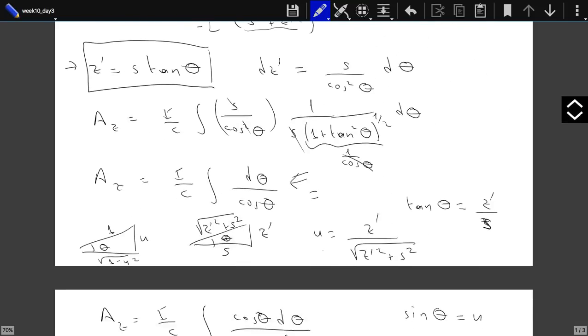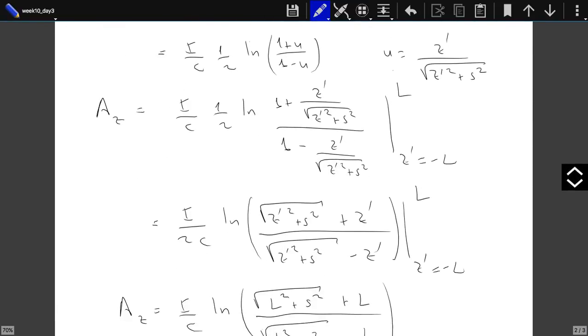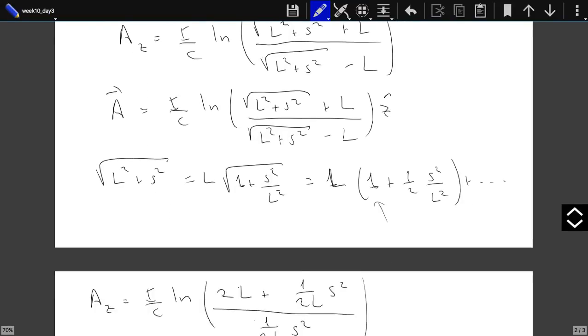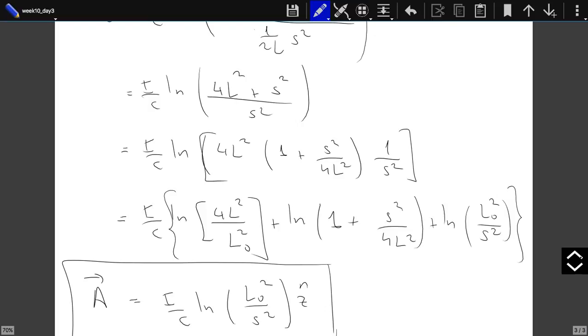Well, this problem has a peculiarity in the sense that since the current just extends to infinity, we cannot really set the vector potential at infinity to 0. So what we do is we first take the contribution to the vector potential from a finite segment of the wire, a segment of length 2L, then calculate the vector potential, and then it will be finite. When you take the L goes to infinity limit, when you sum up all the contributions from all the segments